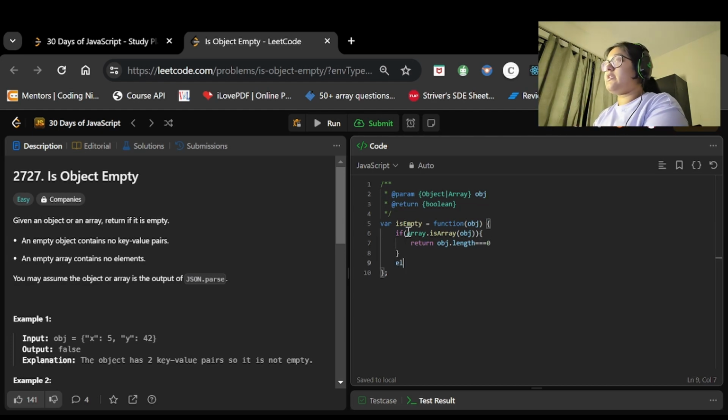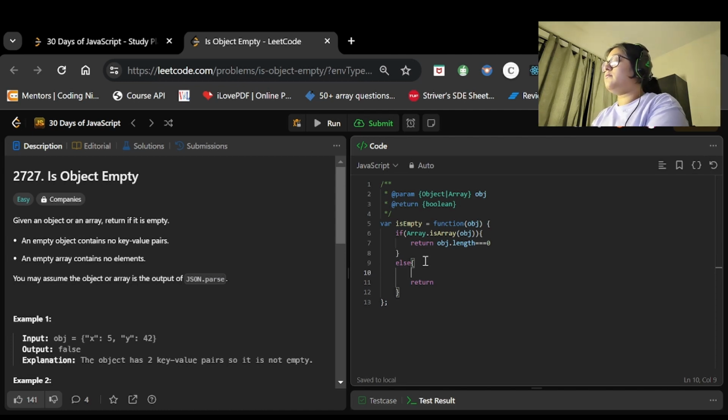In such cases, like the else part, now we know that this is not an array, then it will surely be an object. So now we know that this is an object, then we will take the length of the keys, or the number of keys present. So I'll simplify it. Here we will get the number of keys in the array.